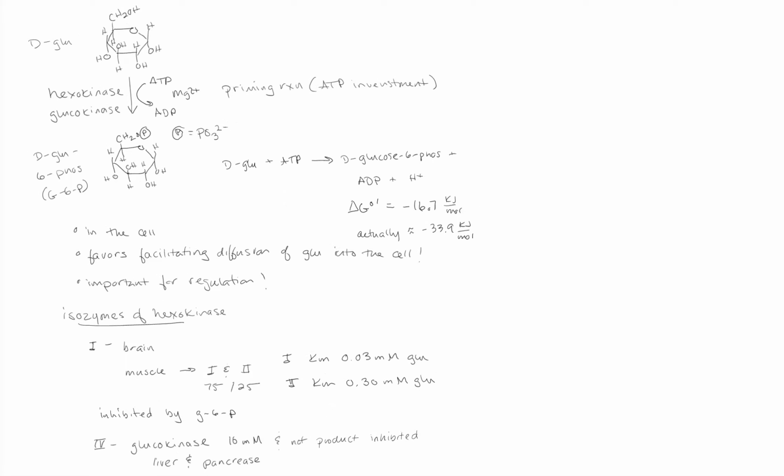For the first step of glycolysis, you can see that glucose gets converted to glucose 6-phosphate via hexokinase or glucokinase, and this requires a priming or coupling with an equivalent of ATP in the presence of magnesium. And why is this critical biologically? It keeps the glucose in the cells through the phosphorylation, the acquisition of that charge, so they can't diffuse. It favors the subsequent diffusion of more glucose into the cell by consuming the glucose and transitioning it into glucose 6-phosphate,